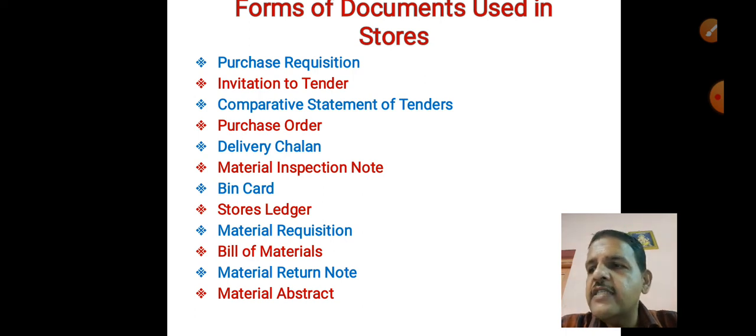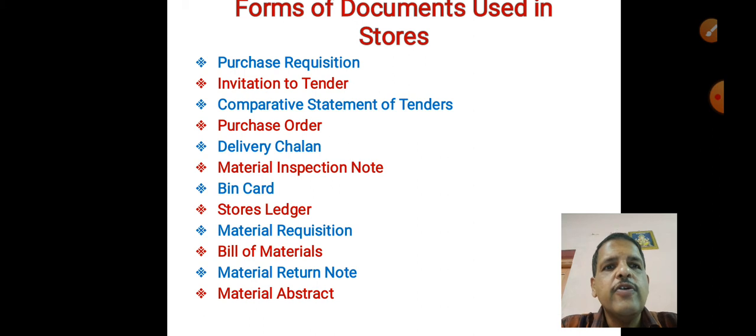It contains: production order number, standing order number, date, department returning, particulars, item number, code number, quantity, unit of quantity, rate, amount, then authorized by sign, received by sign, bin card posted by sign, store ledger posted by sign, and priced by sign. And then there are also reasons for returning material. All this is there in what is called the material return note.